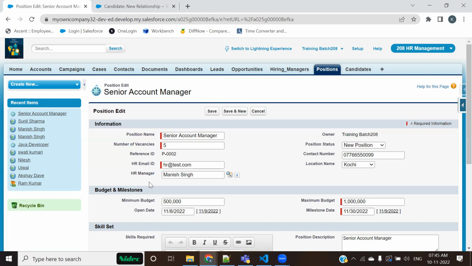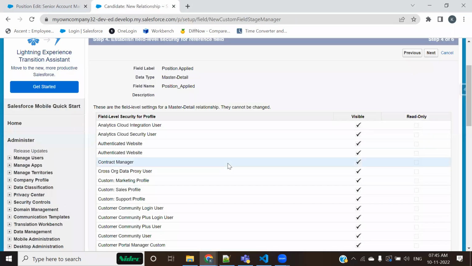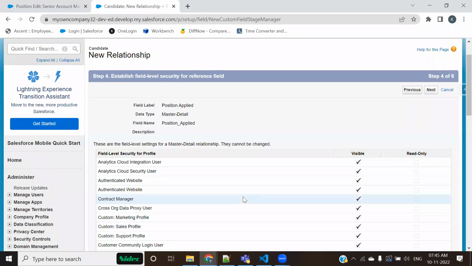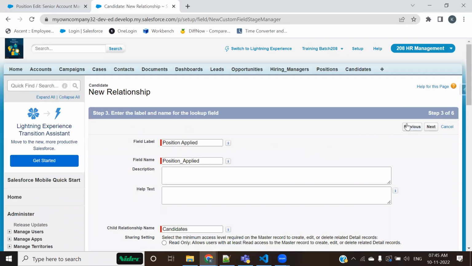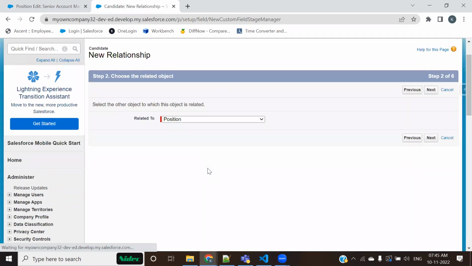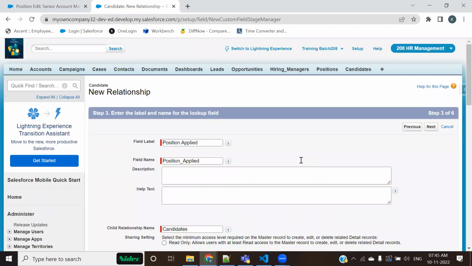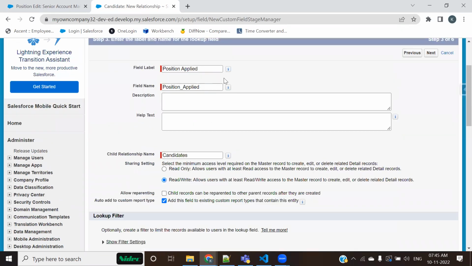That's an optional entity. But when we are creating a master detail relationship, particularly, see what I did. From this page, I have selected master detail. I have then selected my parent object. I went to next, and then I have given the name.